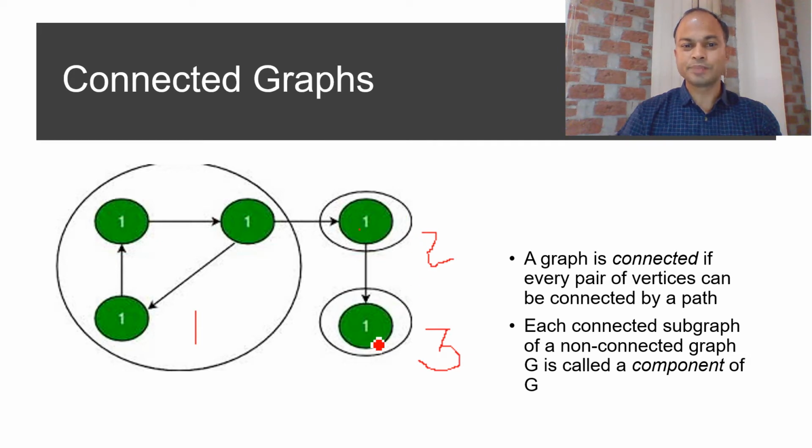If we talk about this pair, then this pair is not connected. I mean, we cannot reach from this vertex to this vertex. So therefore, this particular pair is not connected. If we talk about a component, it means the number of connected graphs that we have. In this case, this is the first one, connected component number 1. This is connected component 2. This is connected component 3. We have a total of 3 connected components. In this way, we may compute the total number of connected components.